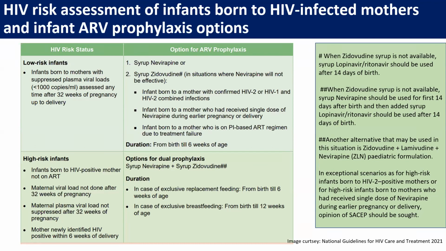The duration depends on the feeding option. With exclusive breastfeeding, you need to give this prophylaxis up to 6 weeks of age, or in case of replacement feeding, it is up to 6 weeks of total duration. When zidovudine syrup is not available, then we can give syrup ritonavir-boosted lopinavir, but it can be used only after 14 days of birth. In such a situation, start with nevirapine for the first 14 days and then add syrup ritonavir-boosted lopinavir after 14 days. Another alternative is zidovudine, lamivudine and nevirapine pediatric formulation with an appropriate dosage, but you have to